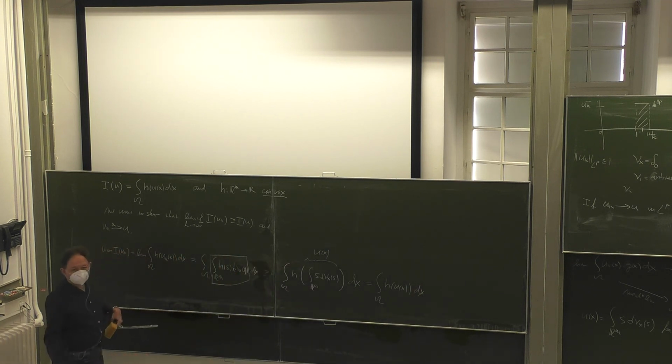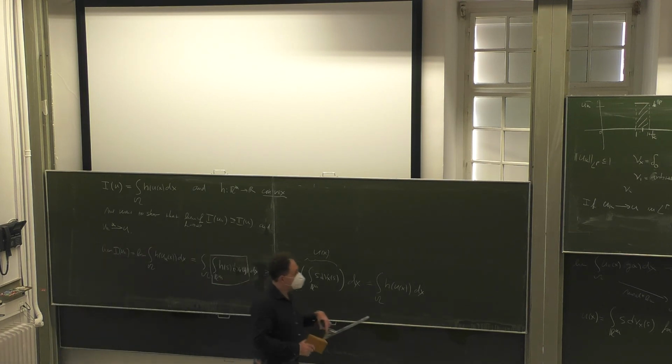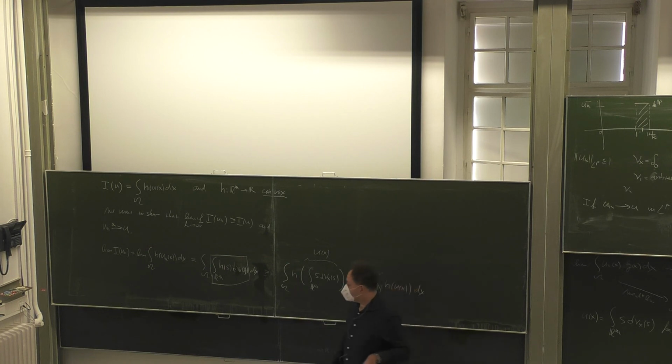So we have it. So this was a simple proof that if you have a convex functional of this type, so H is convex, then Young measures help you to show weak-star lower semi-continuity here very easily without Mazur's lemma and so on. So this is the case when you use it for the proof and then you forget it and you say, I have my result and I don't have to state it using the measures.